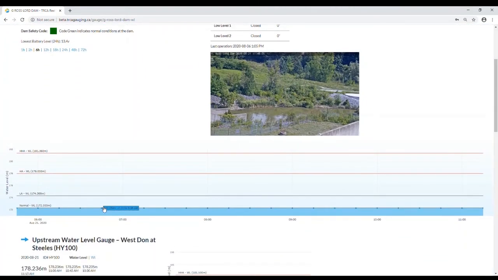Chart features also have a hover label feature similar to the other gauge pages, where data point values are displayed as a label pop-up, showing measurement, rate of change, and time. The time interval toggle for the chart is also available for 1 hour up to 72 hours.